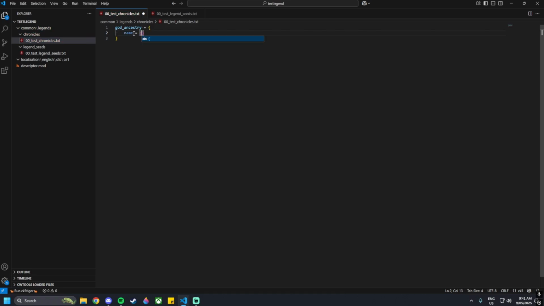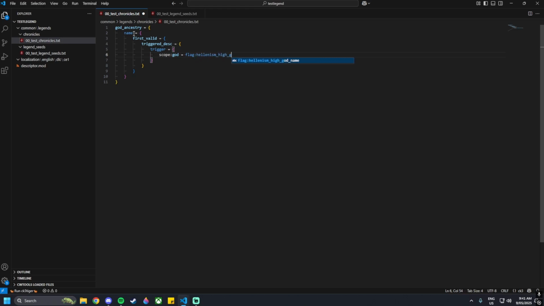So we're going to start it off with name = {, first_valid = {, and then triggered_desc or DESC = {, trigger = {, and then adding in the scope, so scope:god = flag:Hellenism